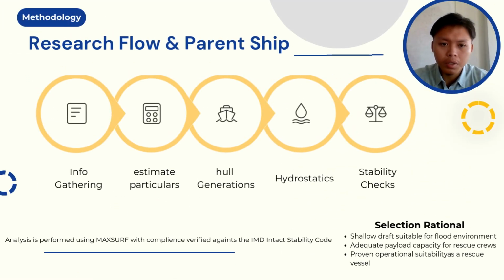We continue with the methodology, research flow, and parent shapes. The methodology begins with information gathering. At this stage, operational requirements, rescue mission profiles, and relevant regulations are identified. The second step is estimating the principal particulars. Using parent ship data, the selected parent ship provides a baseline for determining the dimensions and performance requirements of the